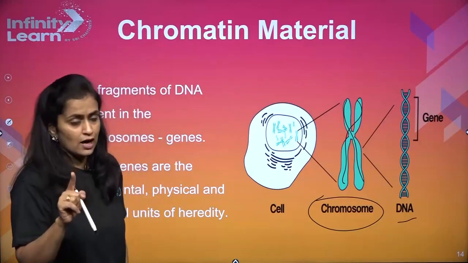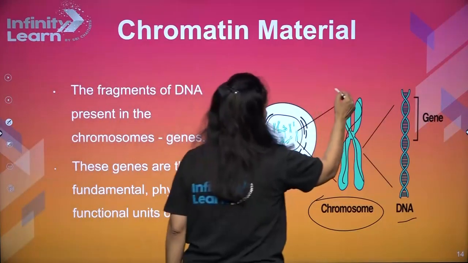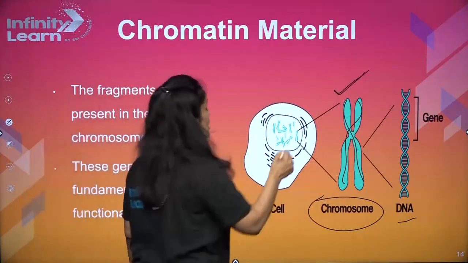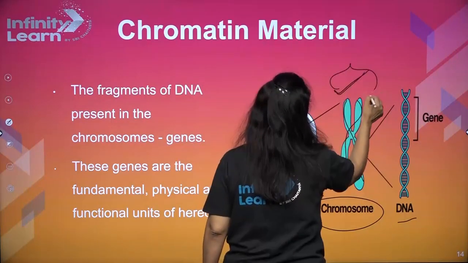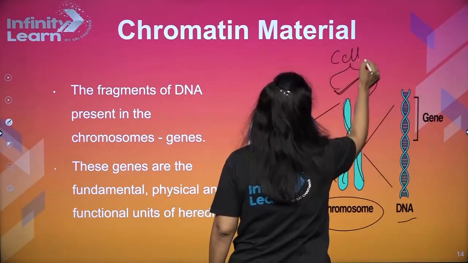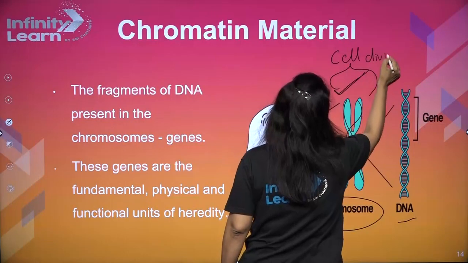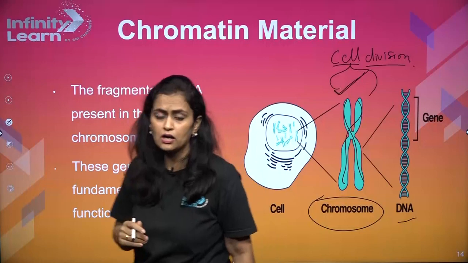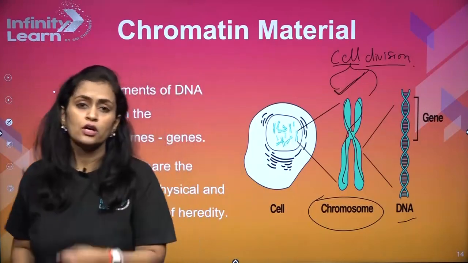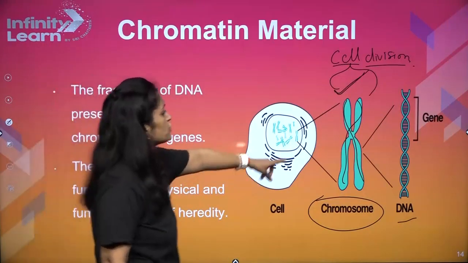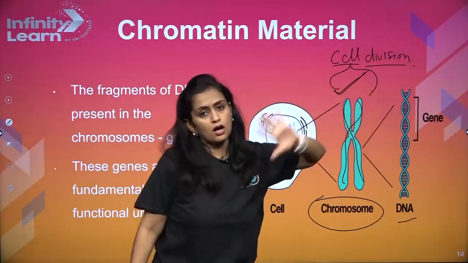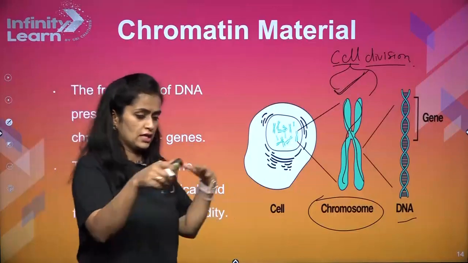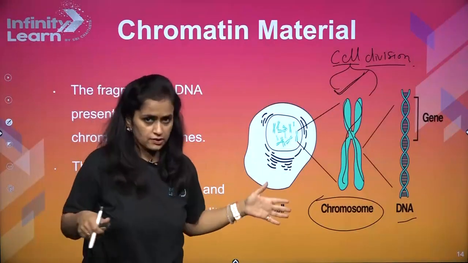One important thing, guys, chromosomes will not appear all the time. They will appear only during the time of cell division, right? Because you will not pack your stuff in a suitcase all the time, na? You will pack it only when you are moving out. So, in a similar way, chromosomes will appear only during cell division. Otherwise, when the cell is functioning normally, it would have this DNA in the form of chromatin fiber itself.